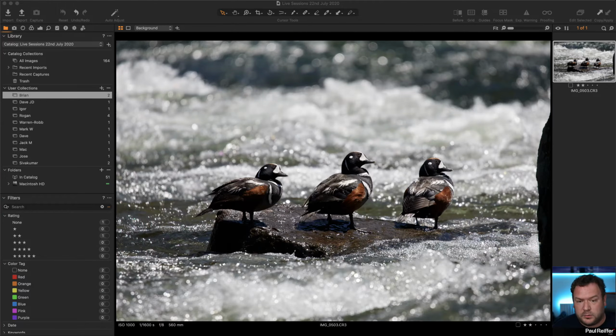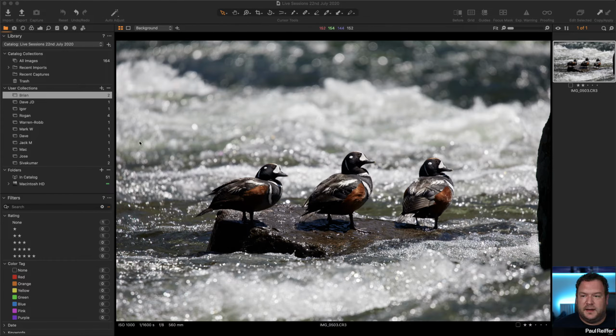So right now, we're looking at a standard picture in Capture One. Remember that there is a little bit of a delay in terms of your comments coming through to us here. So it's not me ignoring you. If you've got something that's a question or a comment, put it into the comments box either on YouTube or Facebook and we'll get to it. But there's about a 15-second delay or so before we see it. So it's not being rude. It just takes a little while for us to see. Okay, so